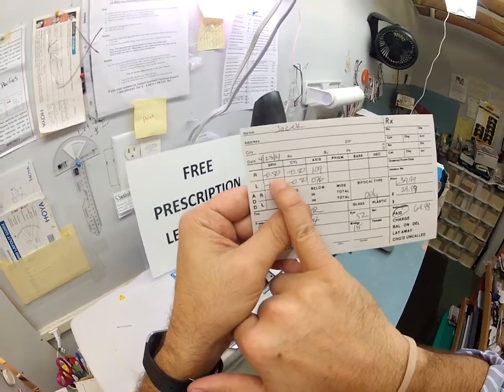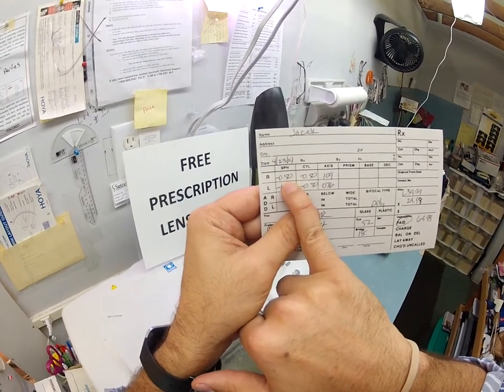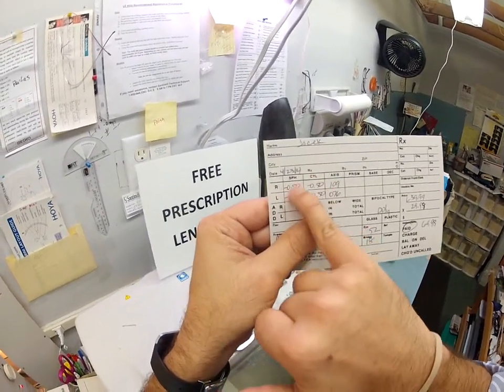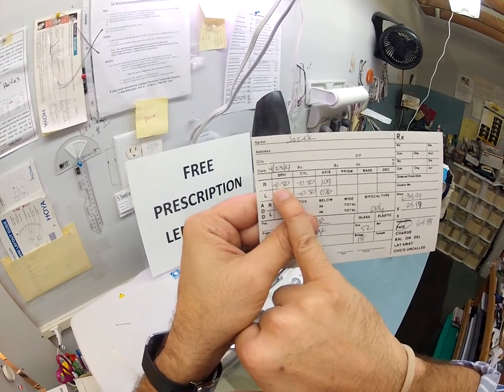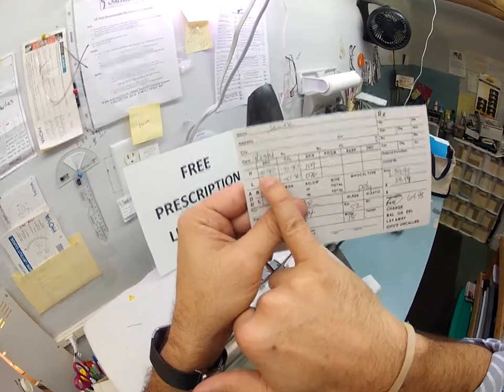Without your glasses on, things are actually larger to you than they really are. So when you put your glasses on, it will minify, it will shrink these down. It's a minus lens. It's a divergent lens, so it'll make things smaller to get them to the correct size